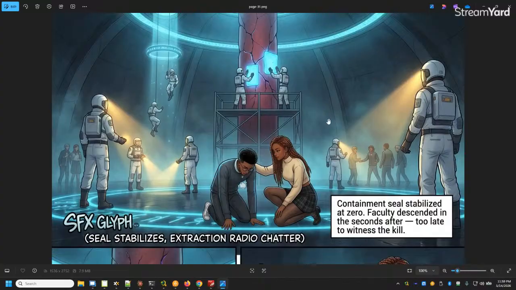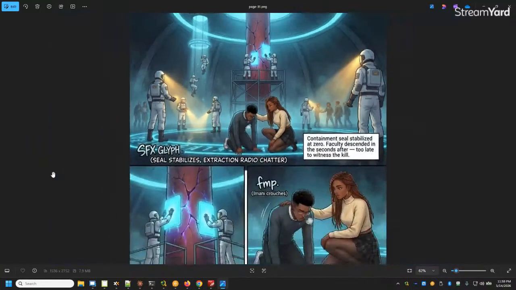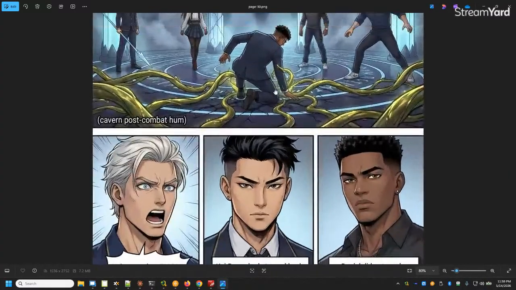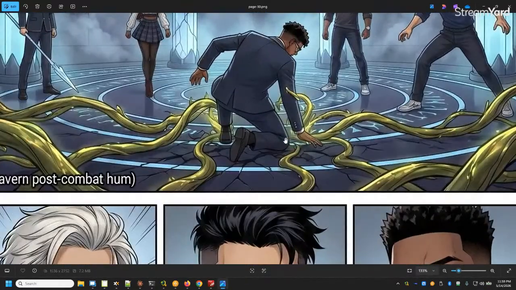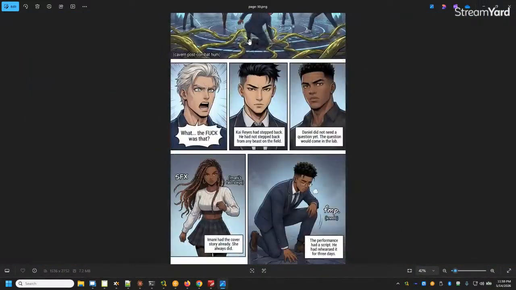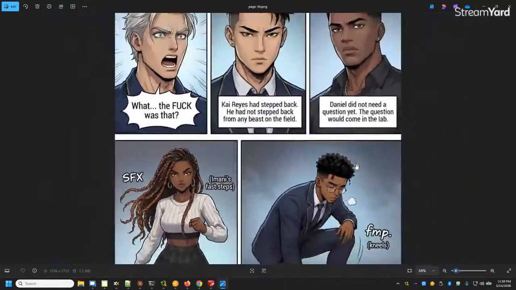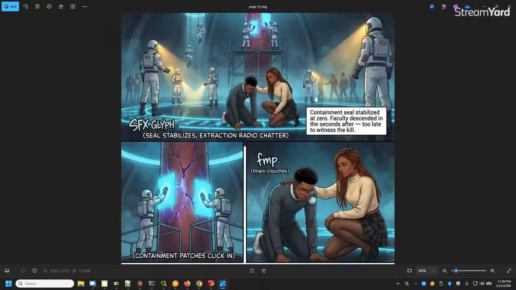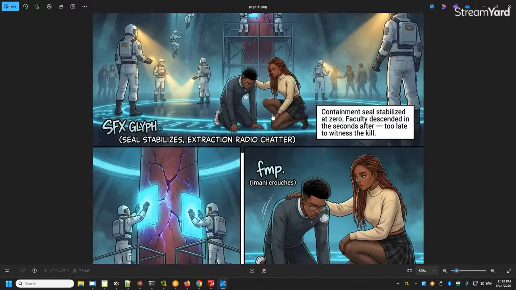Containment seal established at 0. Now, did he absorb the plant? It looks like where'd the plant go? Or maybe he just retracted. He did say retract. I didn't give him the ability to retract, but maybe he does have that ability. If you attach 52 factorial to that, then yeah, you could retract the plant instantaneous as well.